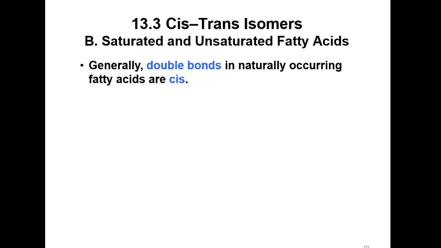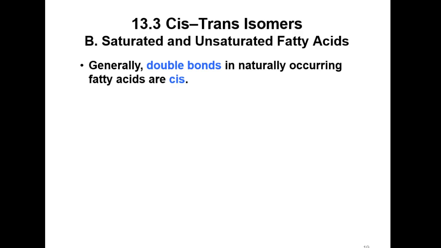Okay, so generally double bonds in naturally occurring fatty acids are cis. Yes. Naturally occurring fatty acids are cis. Cis molecules are more unstable, okay? So why are they more naturally occurring? Well, we have enzymes that make them, okay? But we've learned that unsaturated fats from natural sources are much better than ones that are made because